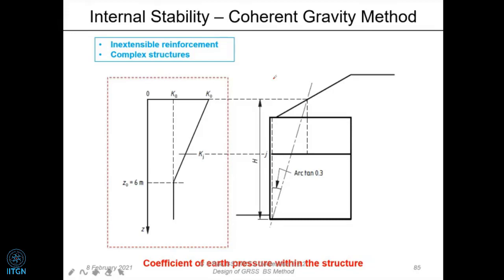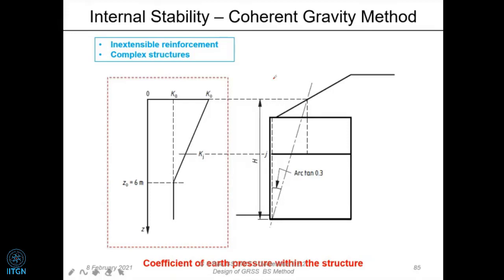Why this method has come into the picture, we'll also see. One is a flexible kind of reinforcement, a geotextile or geogrid. Another could be metallic reinforcement. So when the wall is trying to take up these loads, in the case of a metallic reinforcement, the movement is not going to be much. When the movement is not going to be much, it is supposed to take care of the earth pressure which